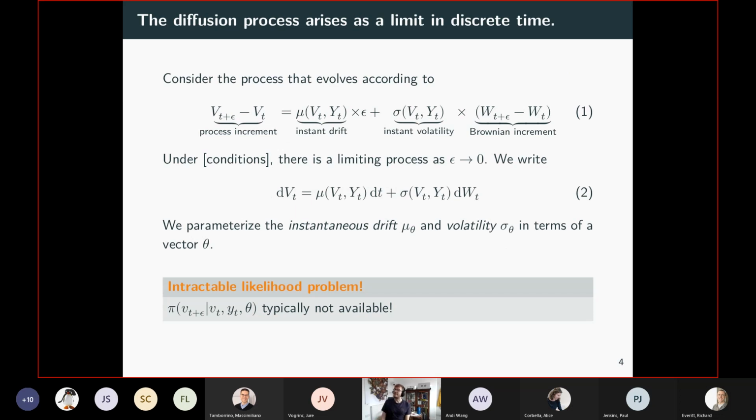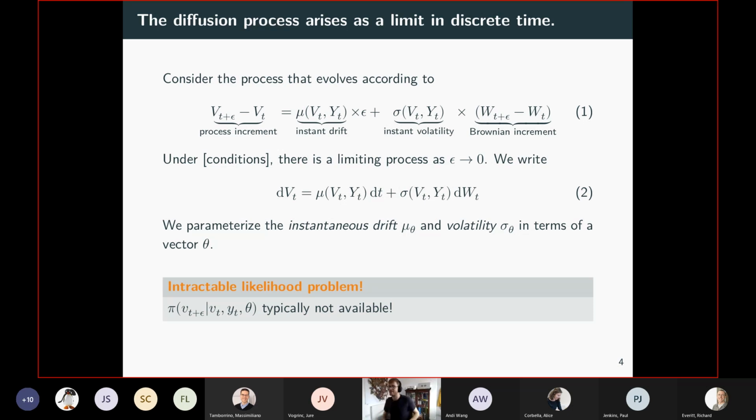Then on top of that regime process, we have a so-called diffusion process. Those of you that aren't familiar with continuous time diffusion processes and SDEs can think of this, very informally speaking, as starting with some process in discrete time, where the increments you obtain by having some drift that is a function of the current state, and then some volatility that is also a function of the current state, multiplying an increment of a Brownian motion.